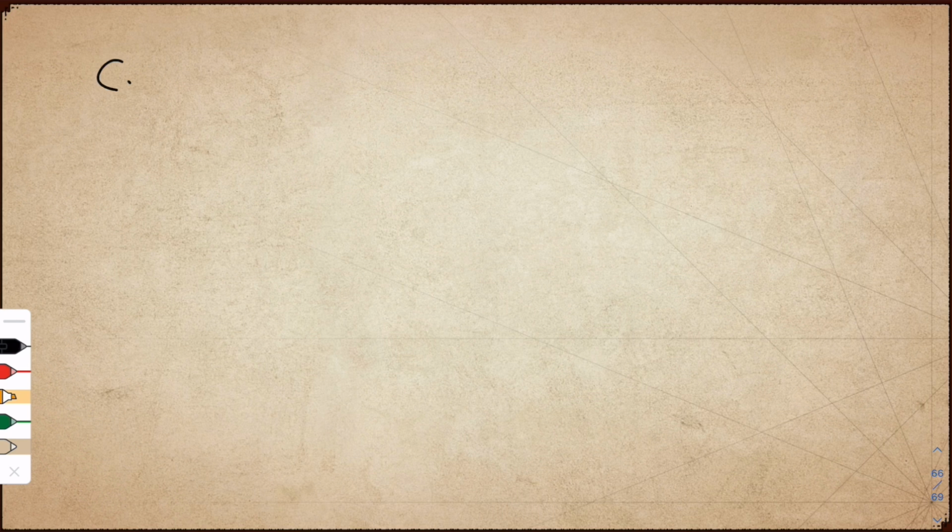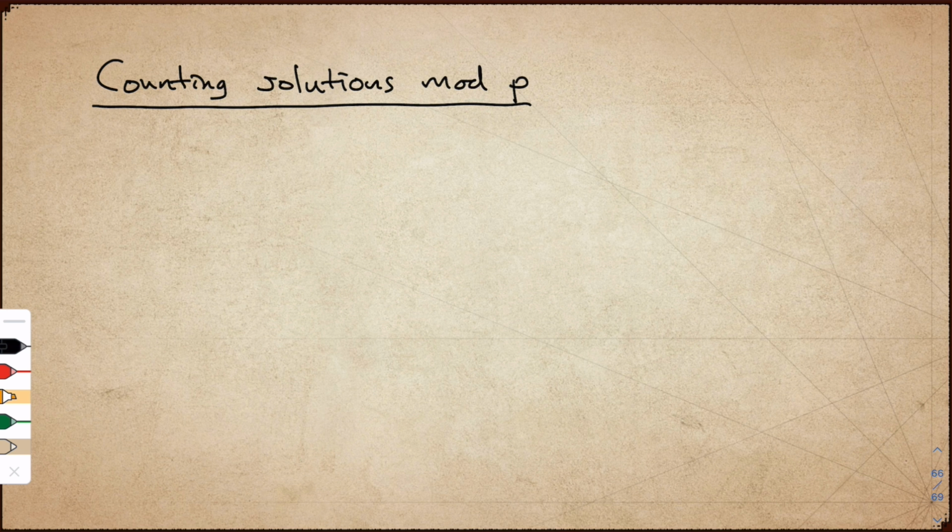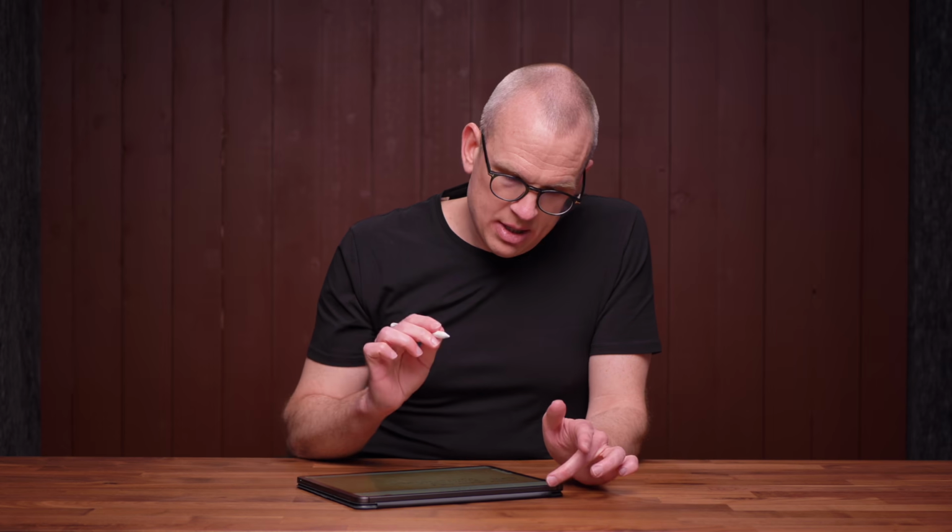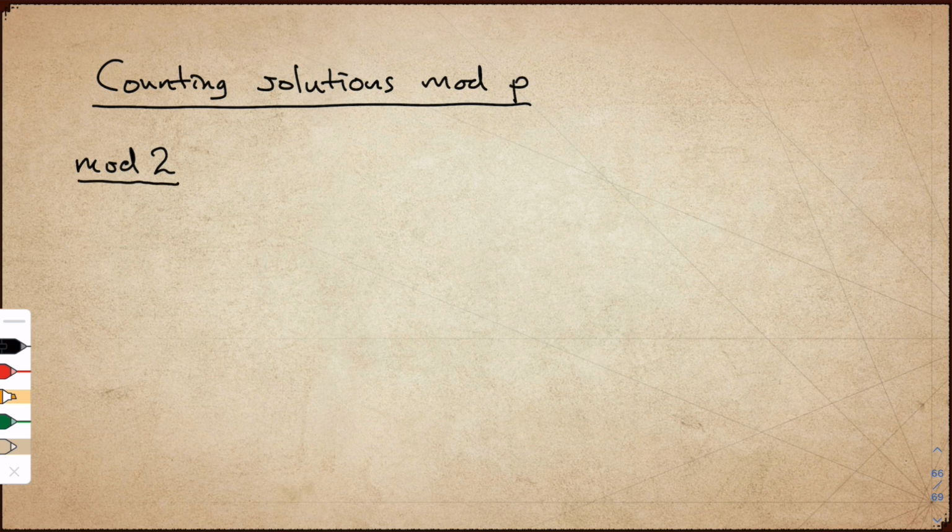In this example, I'll describe the same machine in a different language. Now we will count solutions to the equation mod p for different prime numbers p. Whenever you have a polynomial equation with integer coefficients, you can count the number of solutions mod m for any positive integer m. Let's start with mod 2. And in this example, it's faster if we factorize both sides of the equation first.